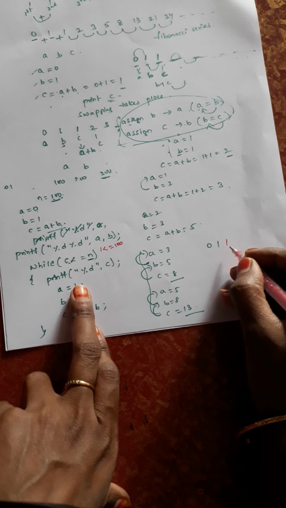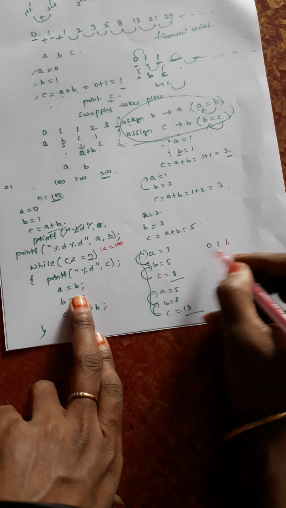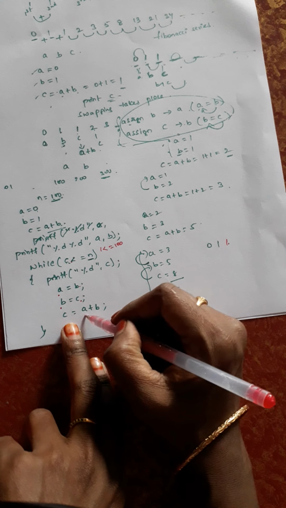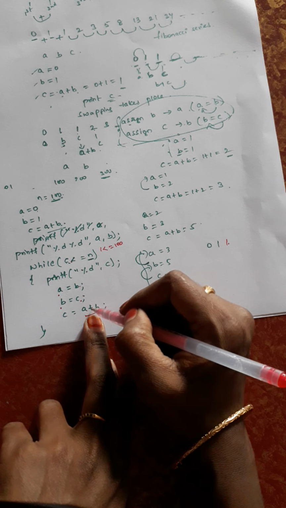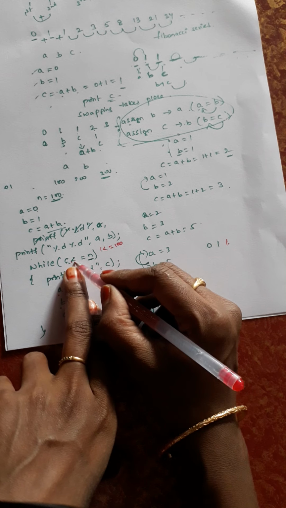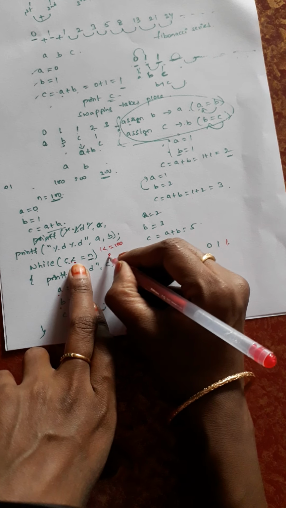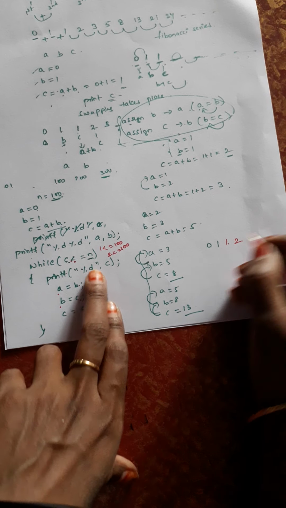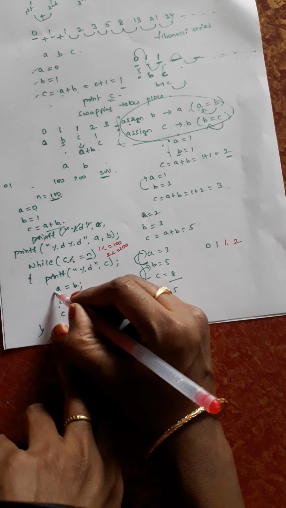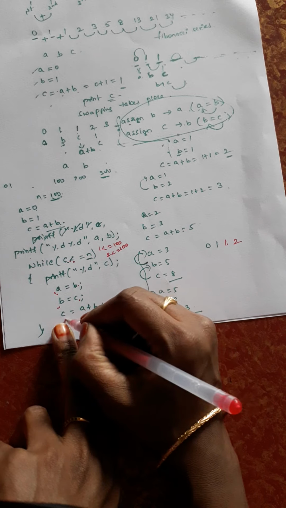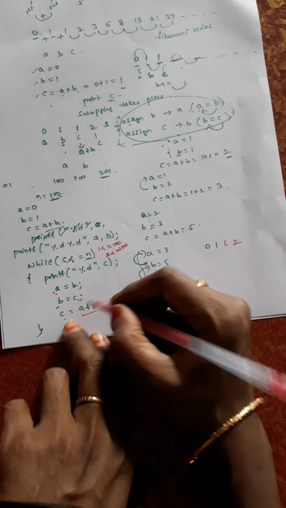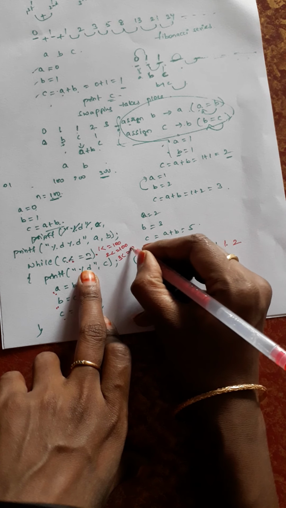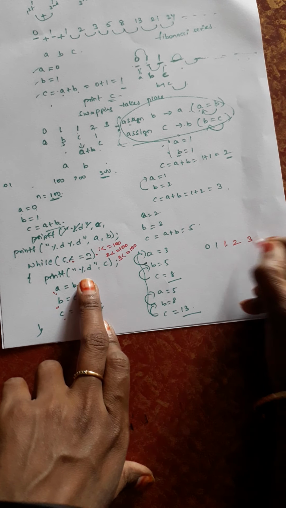Okay, so this is the next term in the series. Now what is the b value? The b value is assigned to the a, c value is assigned to the b, and here adding the 2 terms. So after adding the 2 terms, again it checks the condition. Okay, 2 less than or equal to 100. The condition is satisfied, it prints the 2. And next time the b is assigned to the a, c is assigned to the b, and c equals a plus b. So before printing the c value, again it checks the condition. What is the condition? 3 less than or equal to 100. Yes, condition satisfied, it prints 3.